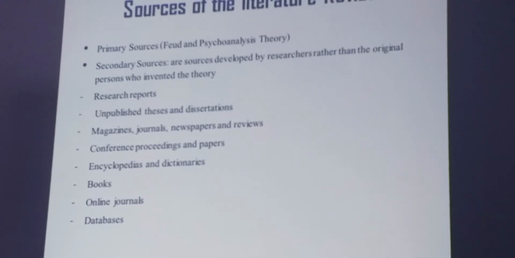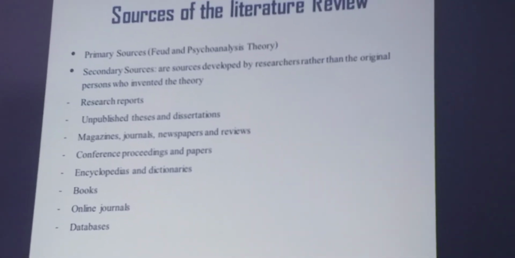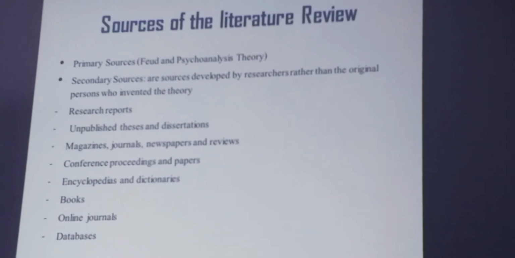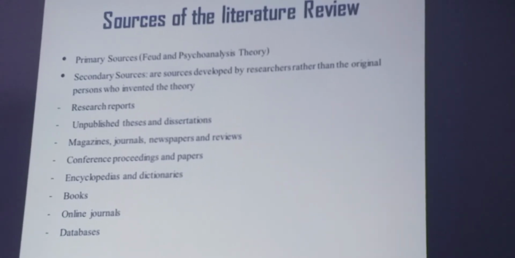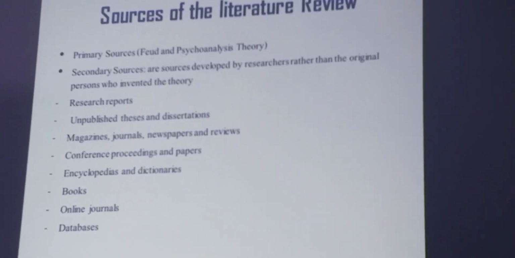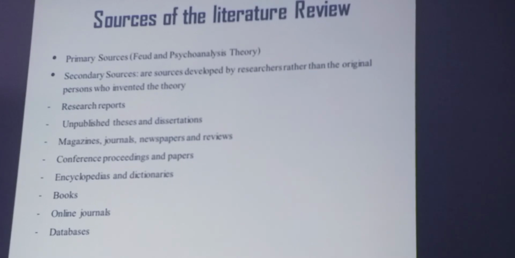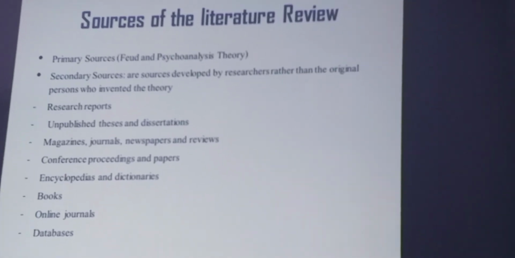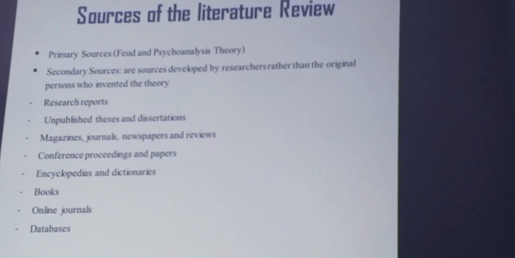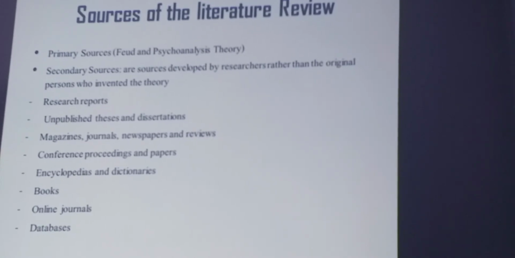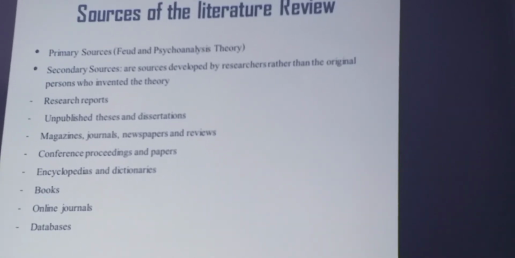And for this reason, we find supervisors telling their students you should provide an updated literature review, not an old-fashioned literature review of the 1990s, 1980s, 1970s, etc. But a more updated literature review, because there are research works conducted every year and every decade, and things change over time. So some theories which were used in the past are no longer in use nowadays. So you should update your literature review by taking the most recent